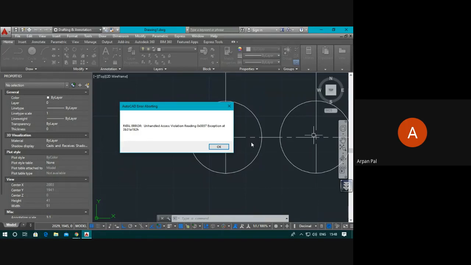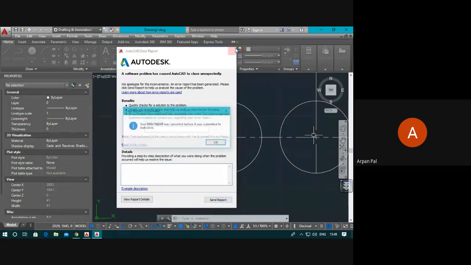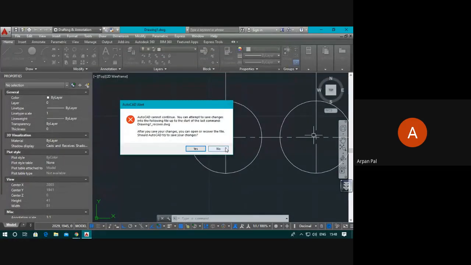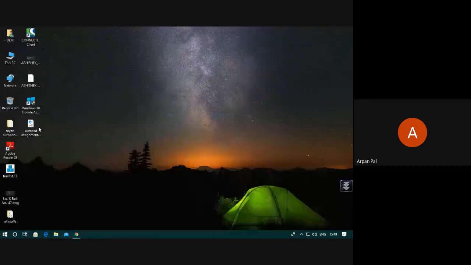So I am showing you how to make this line type and these dashed options again, and that will be the closure of today's class. Okay. So let me close the software. Just once open it again.